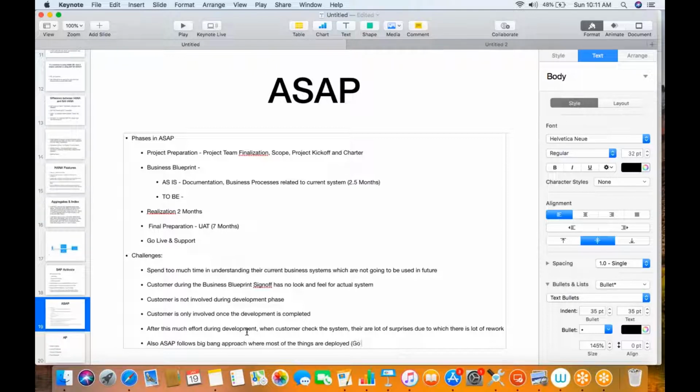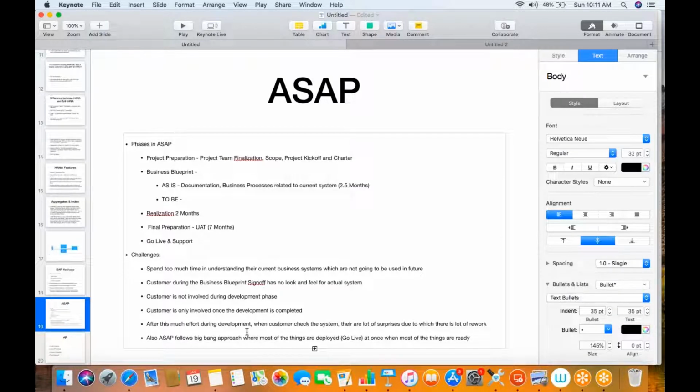So maybe we can say go live at once when most of the things are ready. Right? So these are some of the challenges due to which the entire process